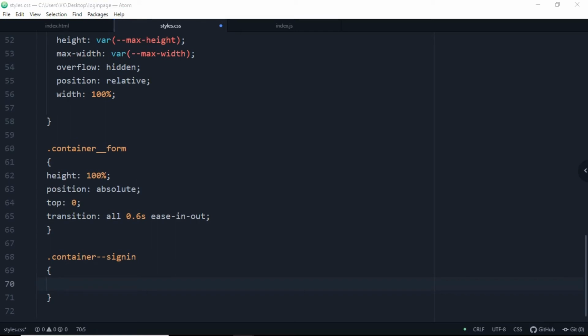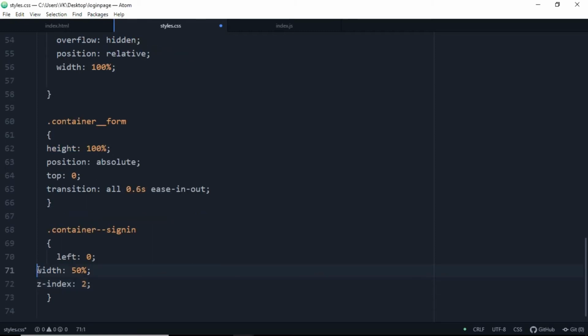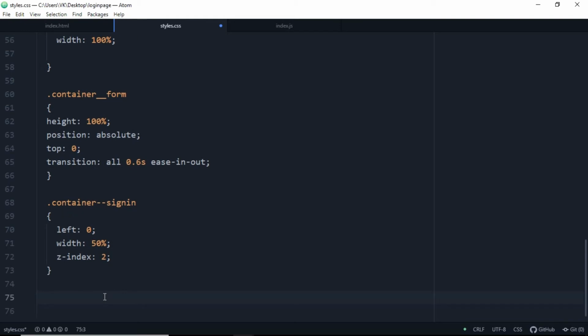So we are going to use a container dash sign in here. Let me paste the code here. From left it will be 0, width will be 50%, and z-index will be 0. Because that is of the same class, position will always be absolute, because container dash sign in is a subclass of container underscore form. So hit enter and add a dot here,